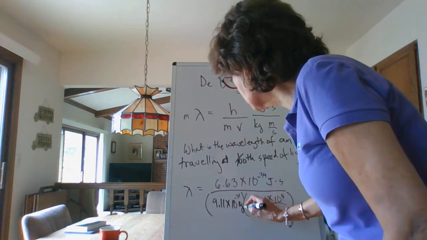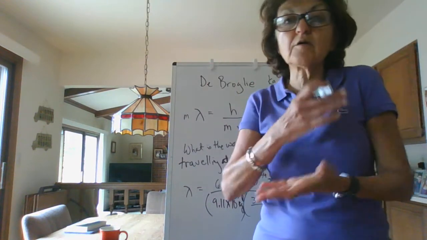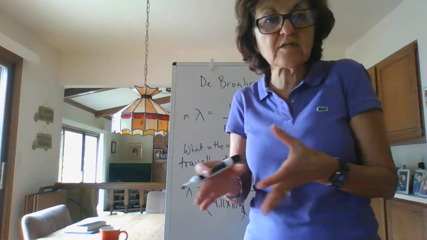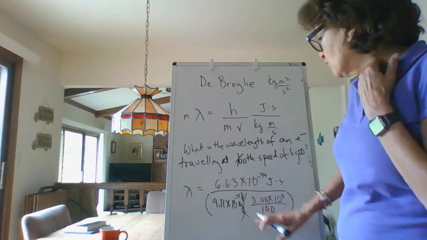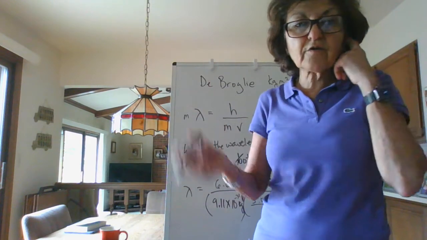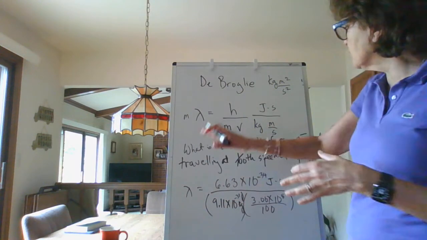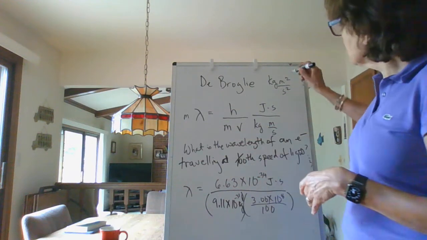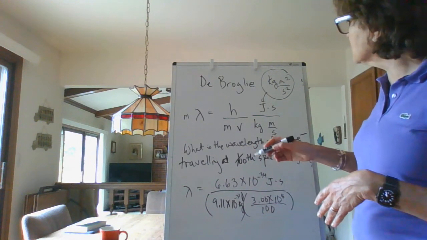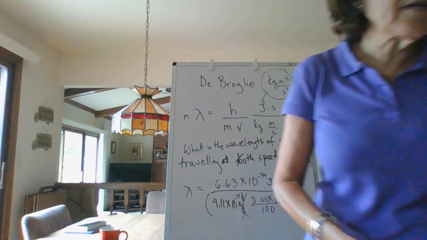Be careful with these types of problems because you may be given, let's say, a baseball or a kid or something, but the mass not in kilograms. So always convert your mass to kilograms, okay? Make sure that your velocity is in meters per second. If they give it to you in feet per minute or some ridiculous thing like that, just always convert to meters per second, because that way all your units will cancel and then you'll end up with meters. Remember, this comes here instead of joules, then your kilograms cancels, meters cancel, seconds cancel, and then you end up with just meters by itself. Okay? Let's plug in these numbers